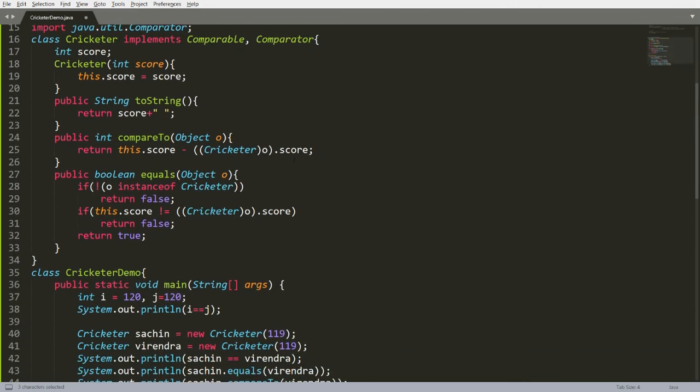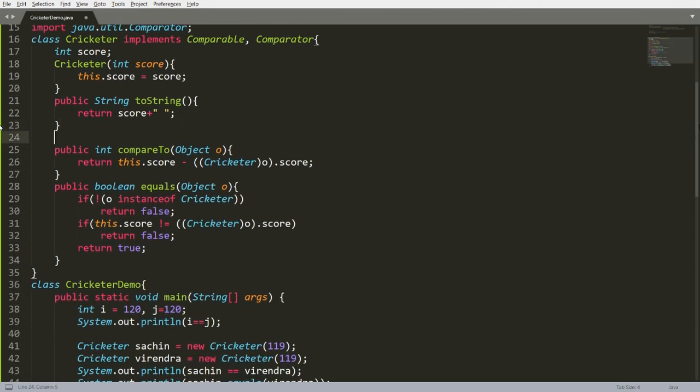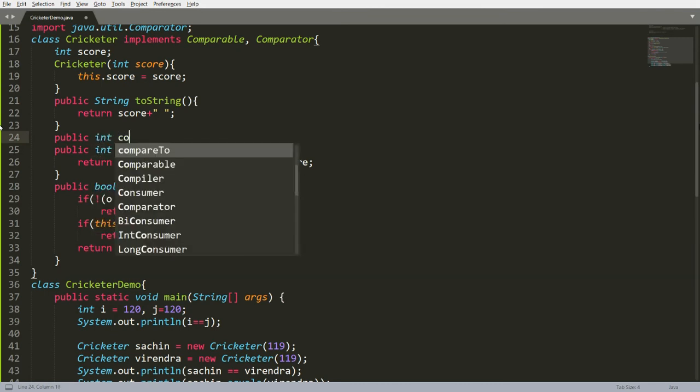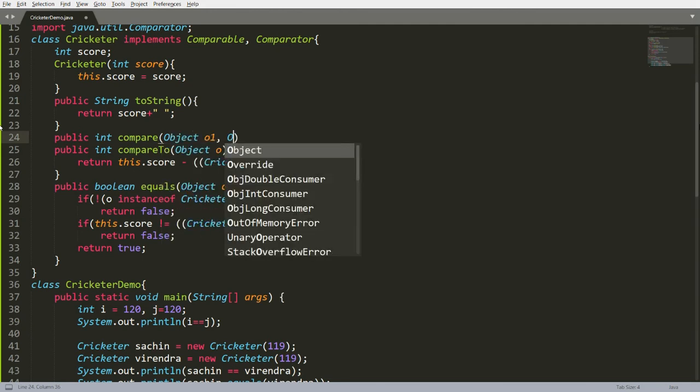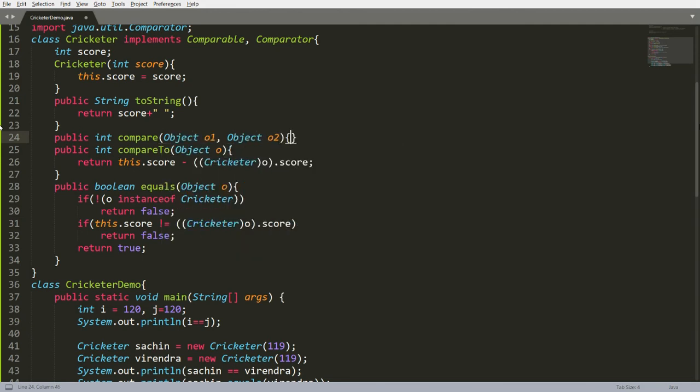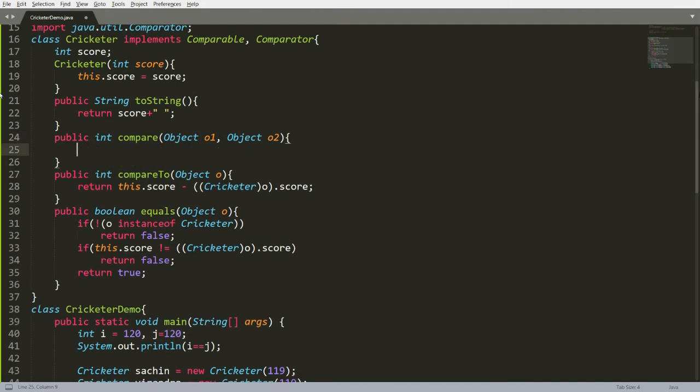So how can we do this? Very simple. Here you can write public int and override the function compare. Here you write the two objects, O1 and O2. Now you can do the comparison between O1 and O2.